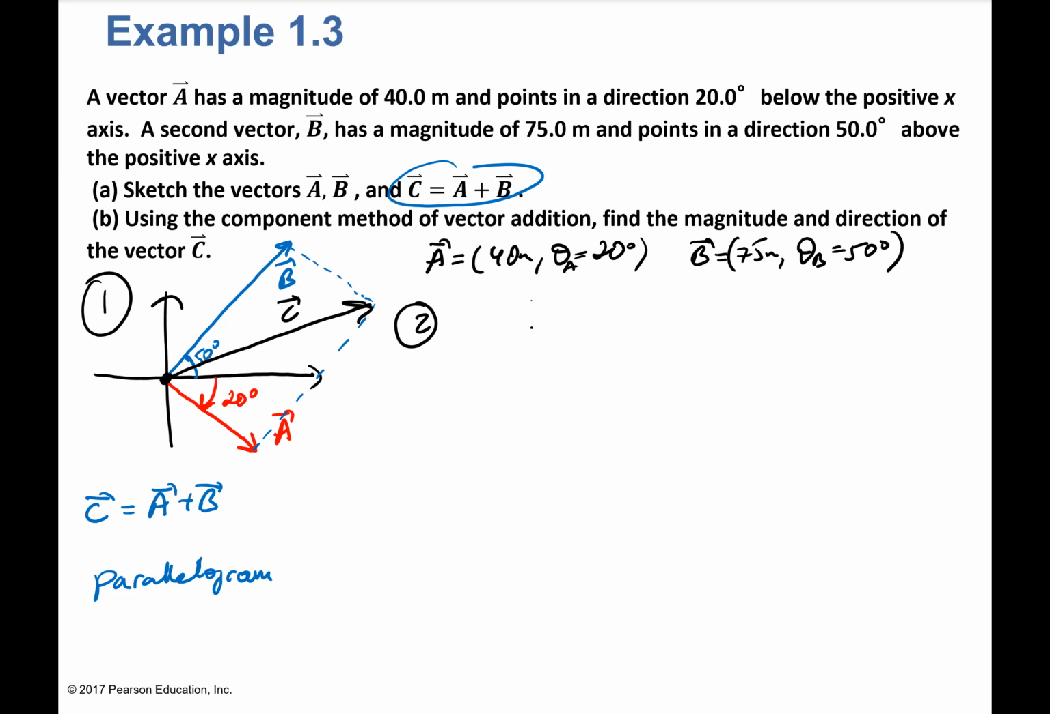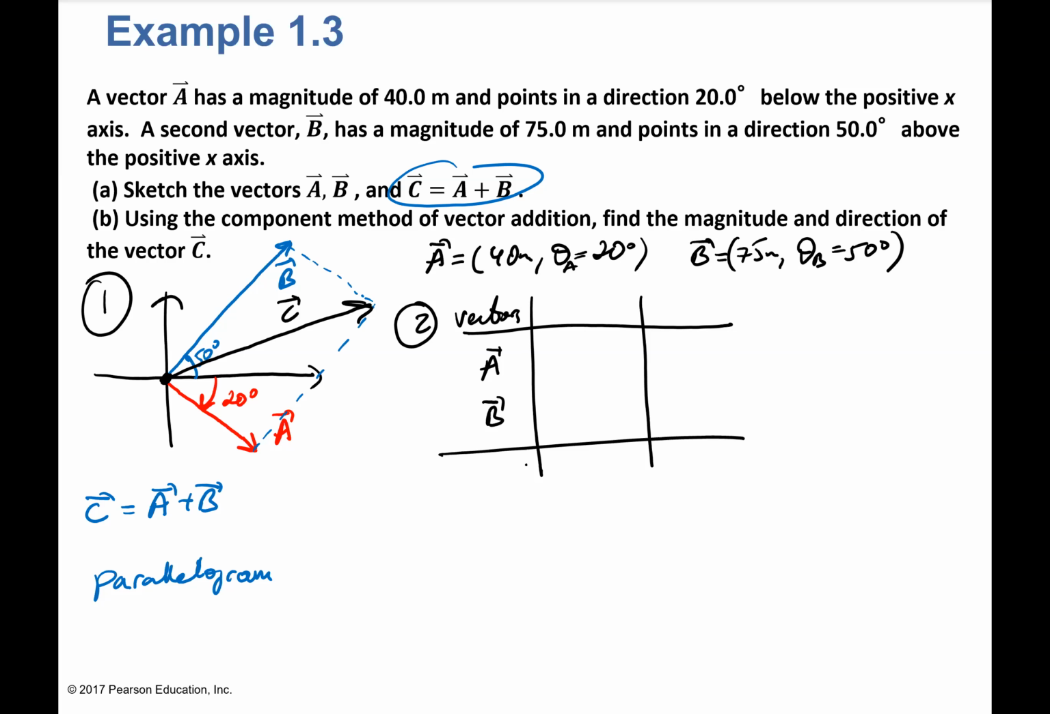The second step will be to make a table. So these are our vectors. We have A, B, and I'm going to add them together to get C. This is going to be the X component, and this is the Y component of those vectors. Let's look at vector A. The X component for vector A will be A